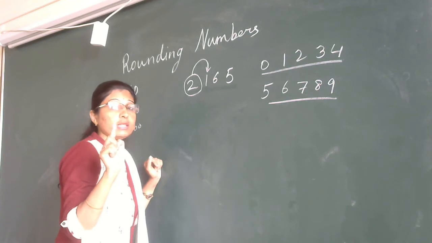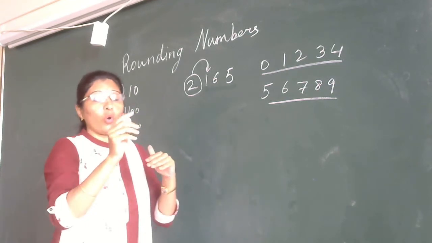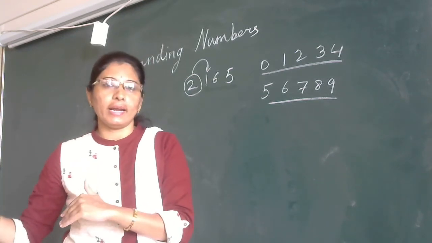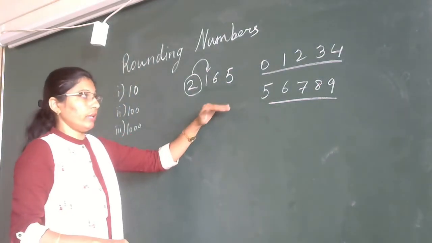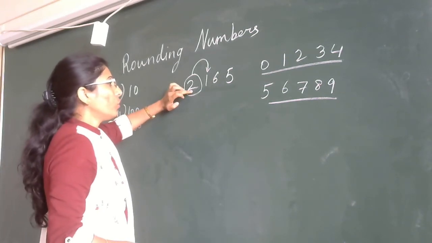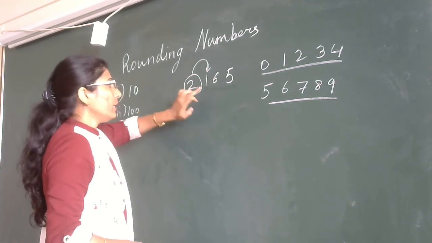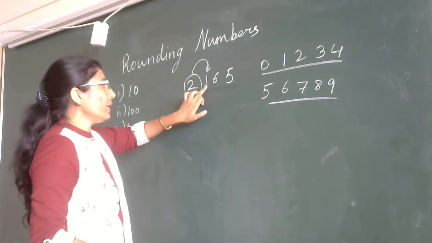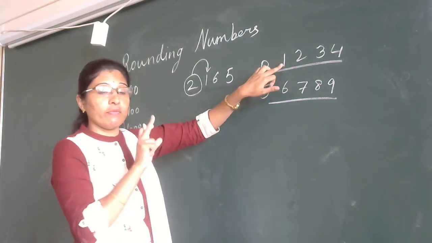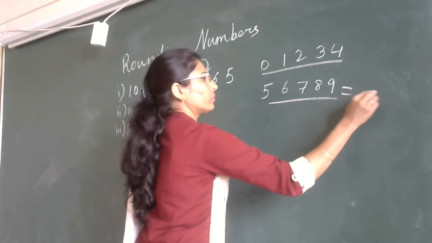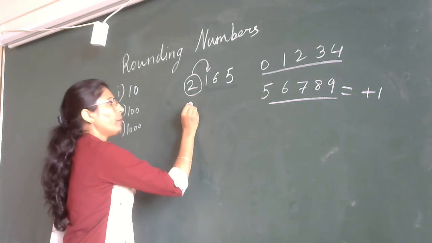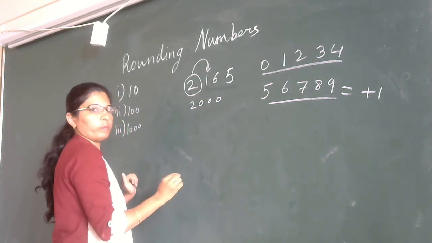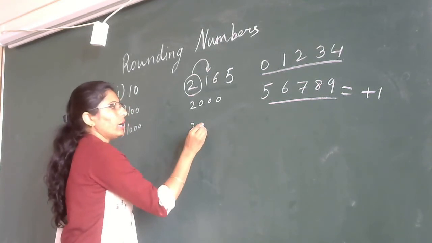Okay. So this is another method. For rounding off 1000, 10,000, lakh, 10 lakh, we can use this method. Okay. So here 2, here 1 is there, this is the 1000 place, and here 1 is there, that means it will not change. So this will remain 2 as it is and these all will become 0. But if any other number is there,